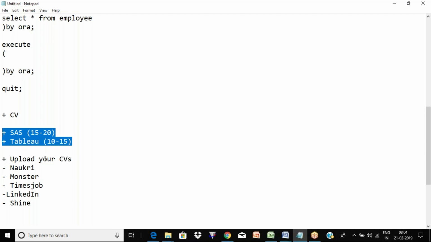But if you're not 100% prepared and you upload your CV, surely you will get some calls, and if you're not prepared, you will lose that opportunity. That is my only concern. That's why I'm saying prepare well, because in the interview they will ask about your technical skills and try to see if you know the things well or not. But if you are comfortable in SAS and Tableau, you don't have to revise. You go and upload your CVs on all these portals. And then,